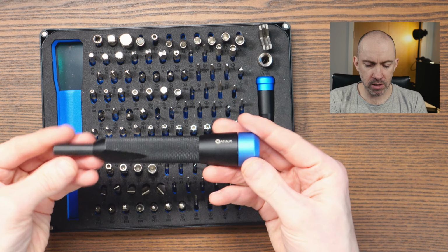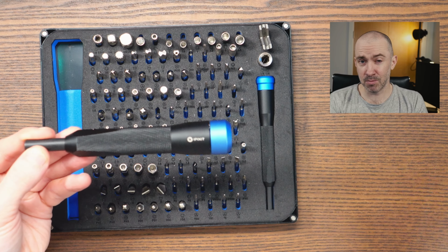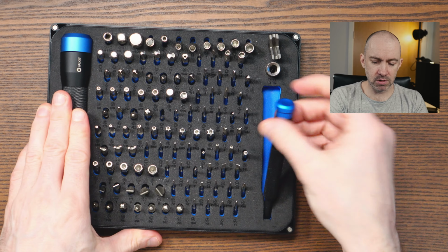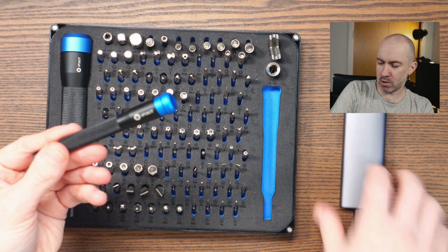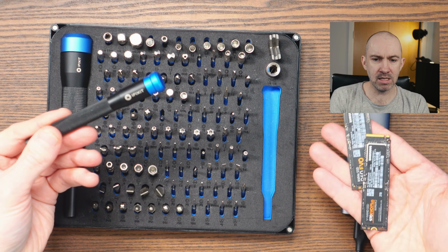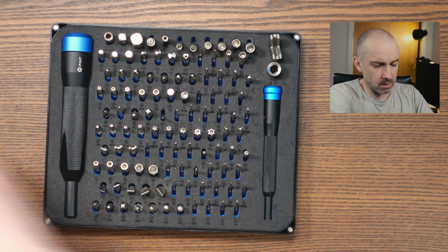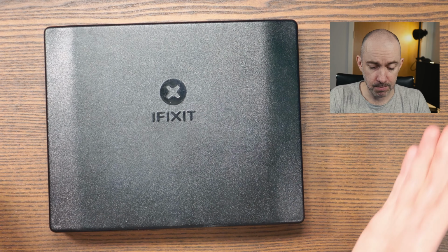So I've used the larger one with my PC. I've used it for things in the garage. I've used it for fixing my Ethernet ports and different things. And the smaller one I've used with laptops and, let me see, M2 enclosures, when you're working with SSDs and different things. So yeah, it's just been a fantastic set, but they do obviously sell a lot of different kits, and bigger